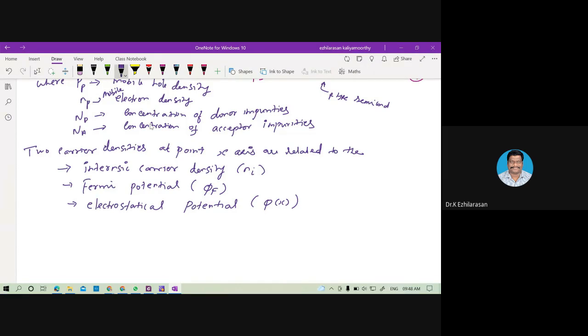So according to the Boltzmann statistics, where k is the Boltzmann constant,